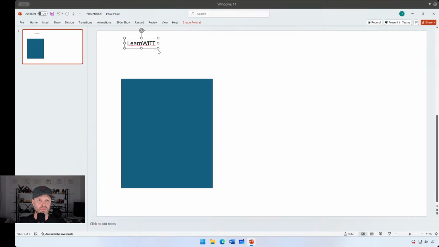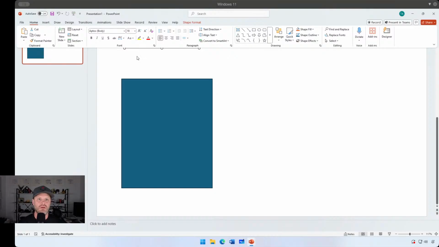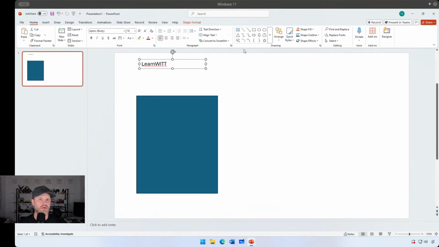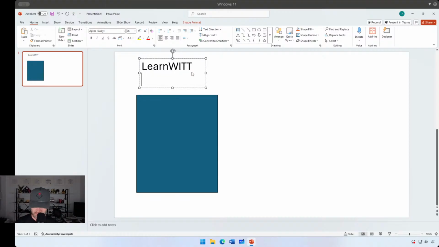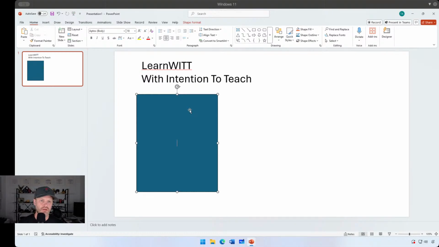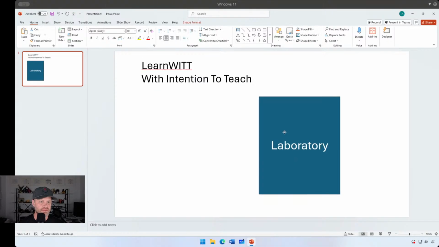So Accounting Wit, the name of the channel, comes from this concept of LearnWit, which stands for Learn with Intention to Teach. So step one of the LearnWit process is laboratory. Step two,